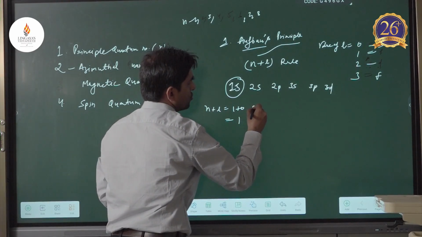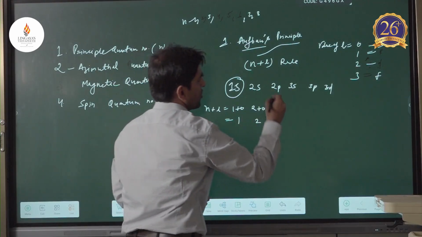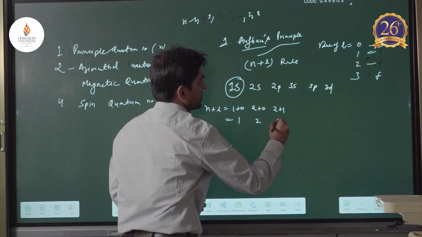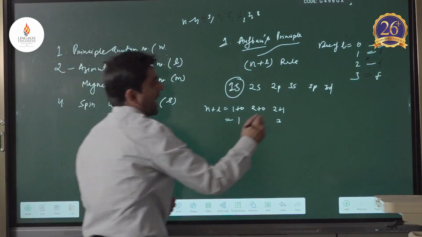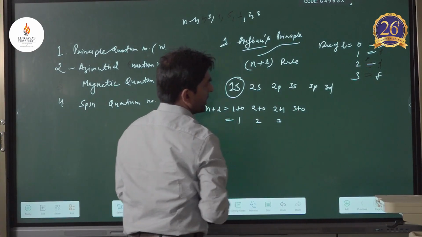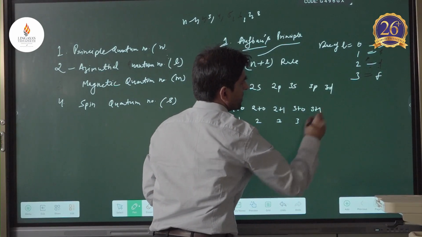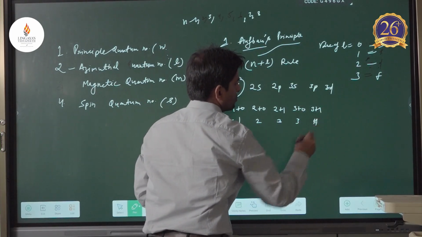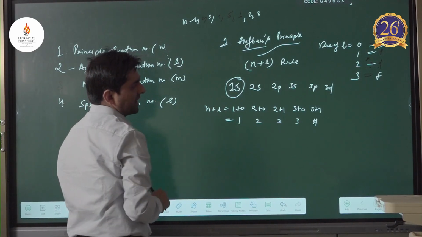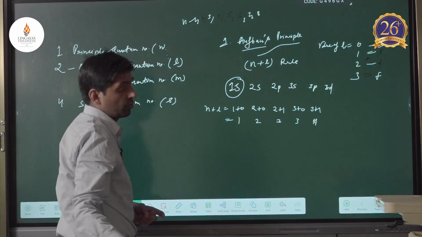Here n equal to 2, L equal to 0, it means n plus L is 2. Here n equal to 2, L equal to 1, it means n plus L is 3. Here n equal to 3, L equal to 0, it means 3. Here n equal to 3, L equal to 1, it means 4. So, we will fill the electron first in 1s orbital, then 2s orbital,